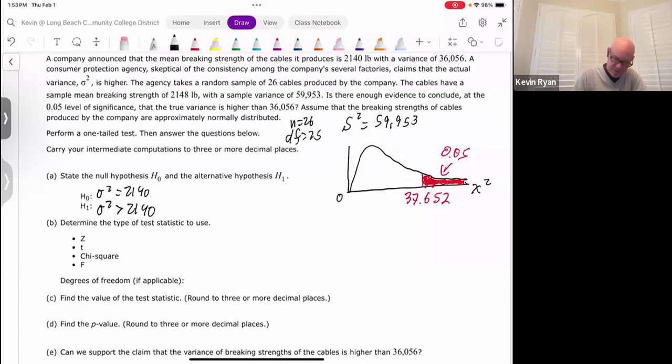This is clearly going to be a chi-squared test. Degrees of freedom does apply here. Degrees of freedom is going to be 25. All right, so we need to find the test statistic and the p-value. The test statistic